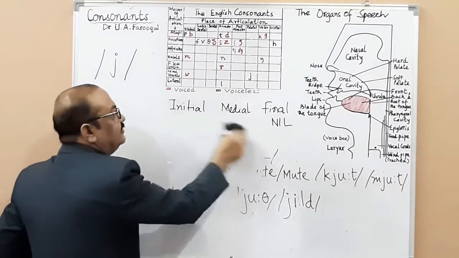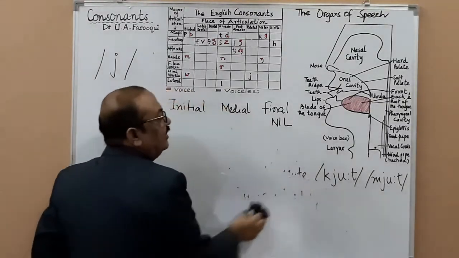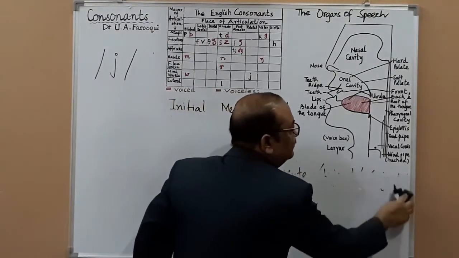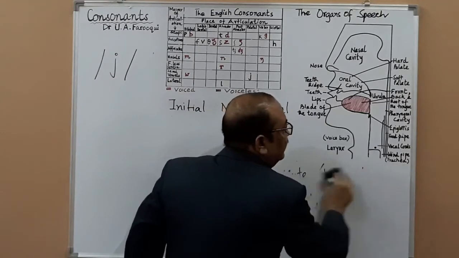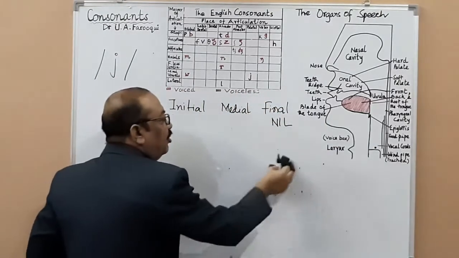And which one is it? L. And what is it? La. La is a lateral sound. What kind of sound is it? Lateral. Lateral sound. Lateral sounds are sounds where you roll your